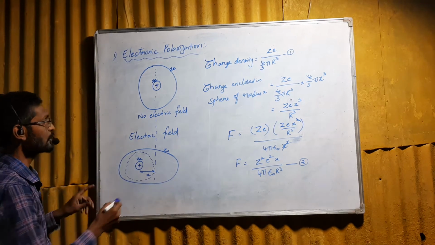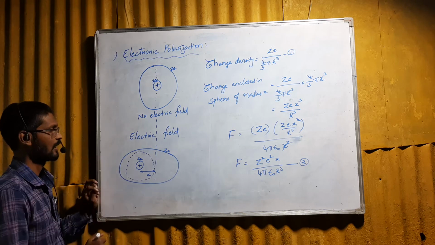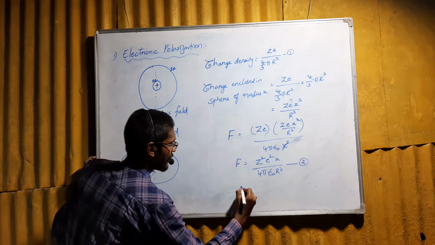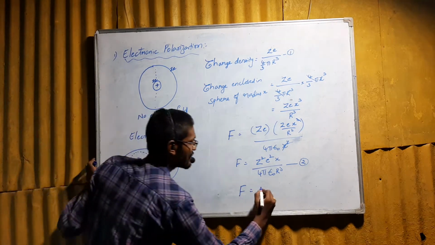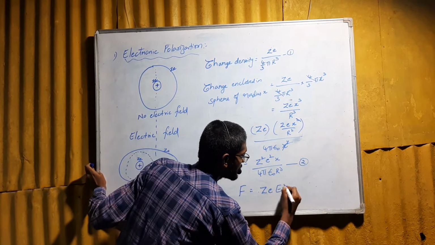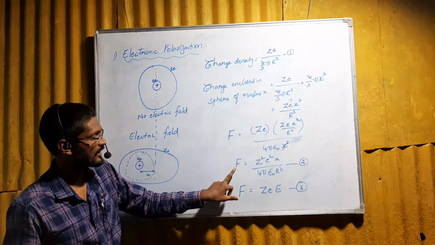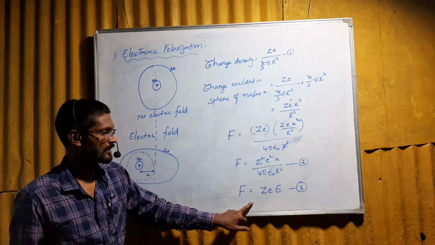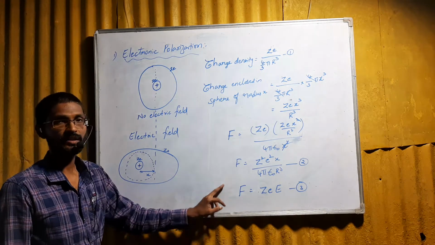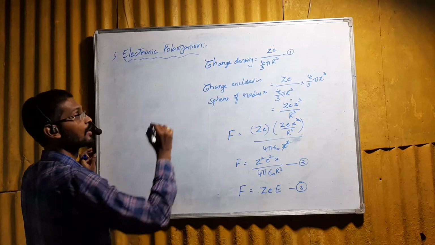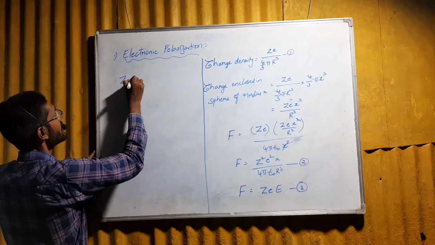Due to application of the electric field, simultaneously the electric field is applied on this atom also. So the Lorentz force acting on the nucleus can be given as Ze capital E. Name this as equation number 3. So equation 2 represents the force acting on the nucleus due to the electron cloud, and equation 3 represents the force acting on the nucleus due to the field. At equilibrium condition, these two forces are equal. So from equation 2 and equation 3, we get